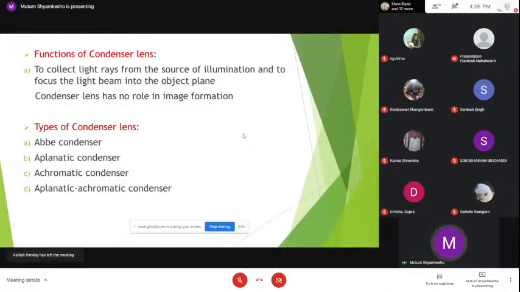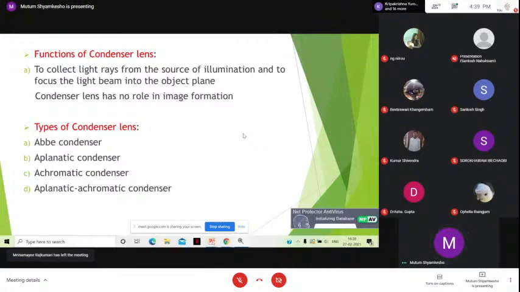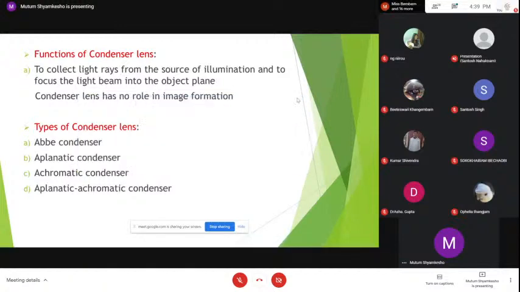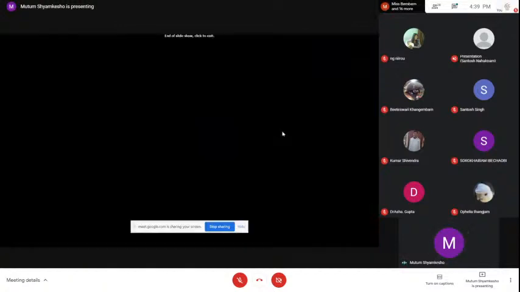Then the third type of condenser lens is the achromatic condenser. These condensers are